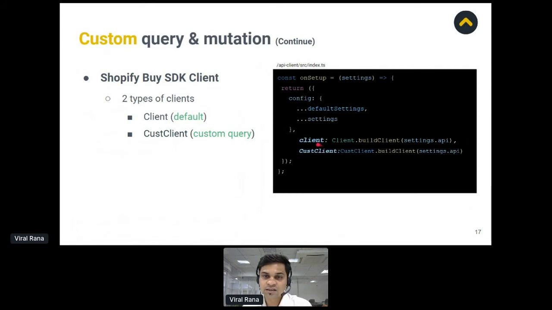So let's explore the Shopify Buy types of client. You can see in the figure that we have two types of client. The first one is the client, and the other one is a custom client. Why do we need two types of client? Basically, Shopify Buy provides two versions of its library: one is the optimized version, and the other is the unoptimized version.